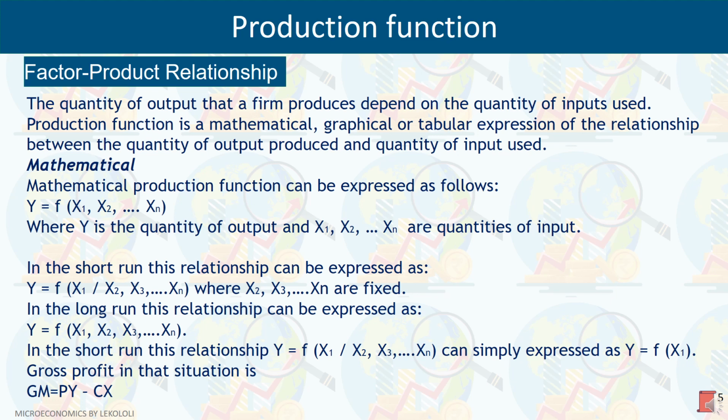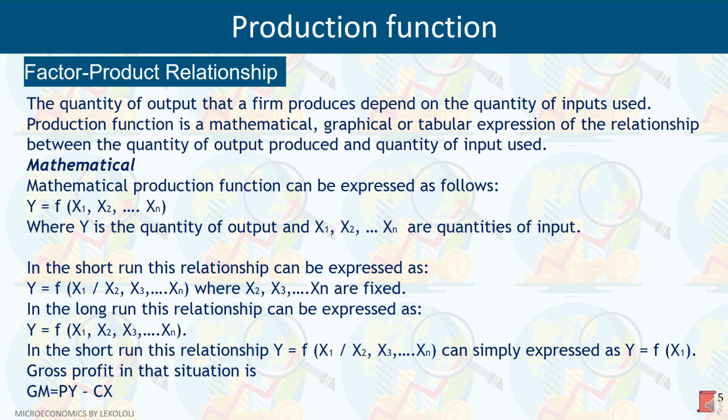Think of a production function as the blueprint that explains how a farm transforms inputs into outputs. In other words, it's the bridge between the resources a company uses and the amount of goods or services it produces. This concept is fundamental in economics and helps us understand how